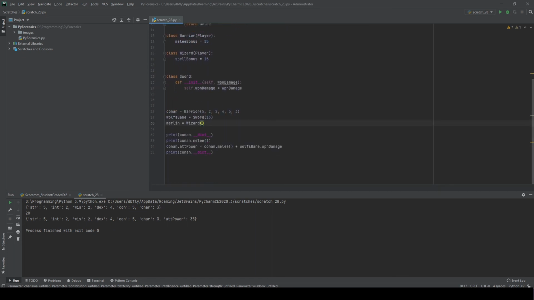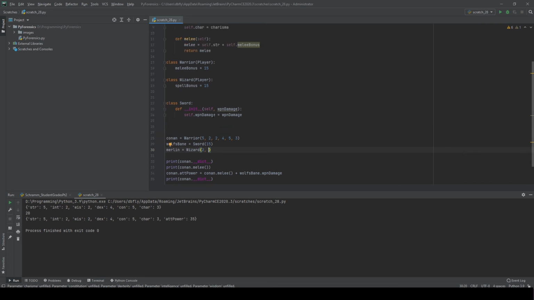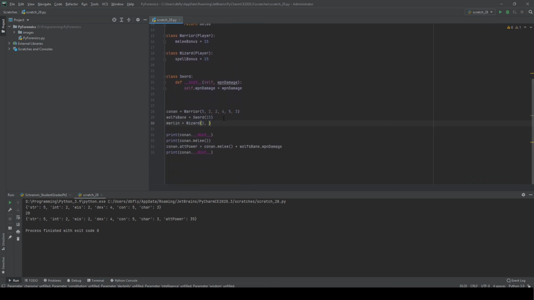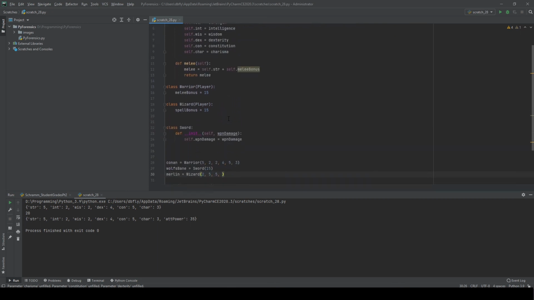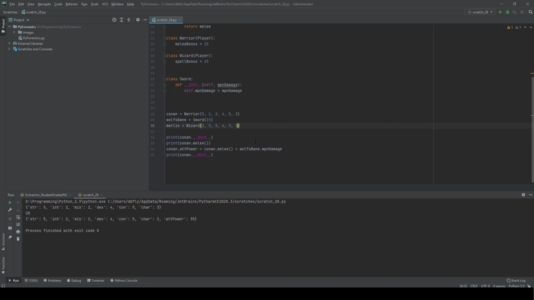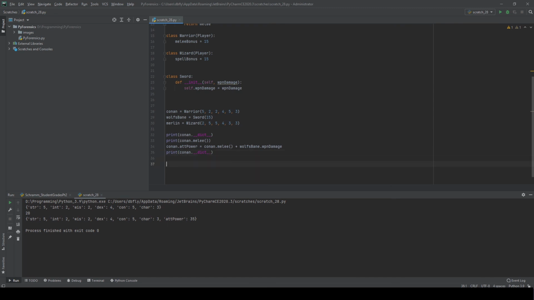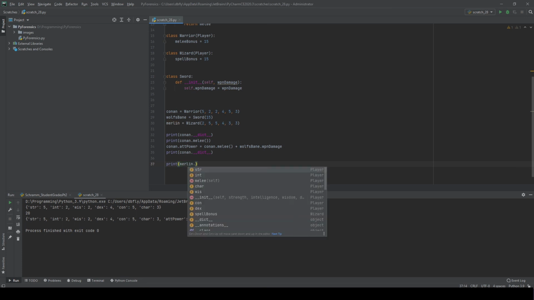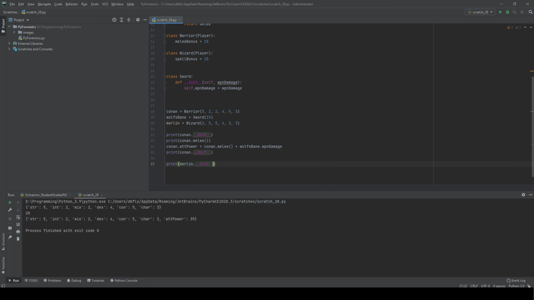Strength will be low. Intelligence and wisdom should be high. Dexterity, constitution, good enough. So if we print out Merlin stuff is here, and then